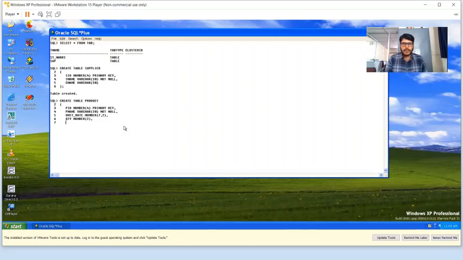Now I will declare the foreign key as SU_ID. Now I will declare the data type as number. Please try to remember that while defining the data type and size for a foreign key.